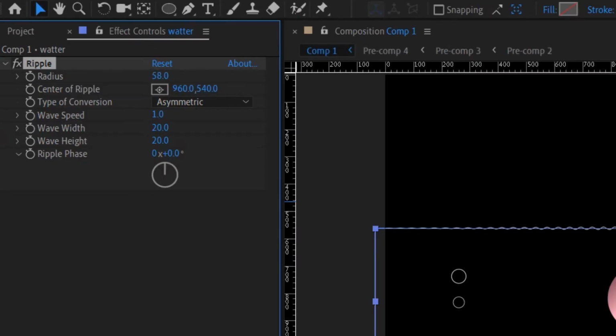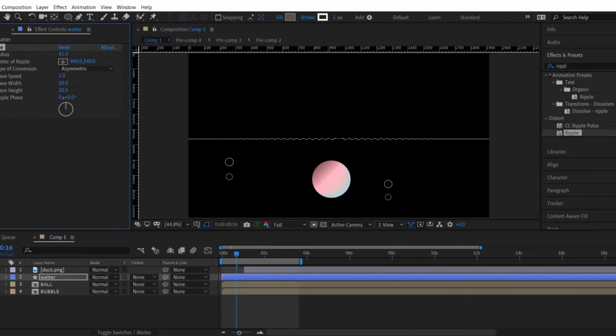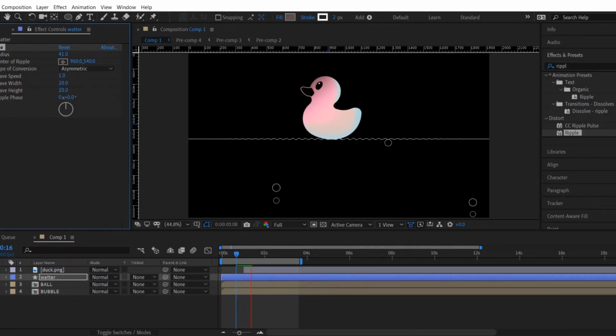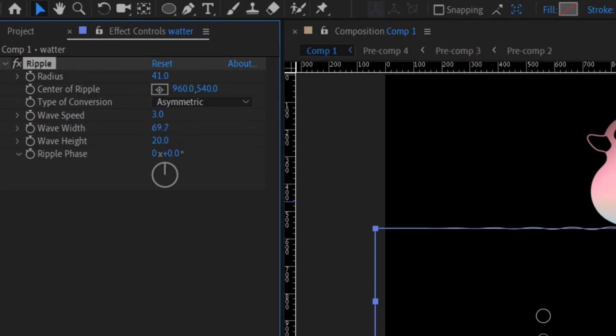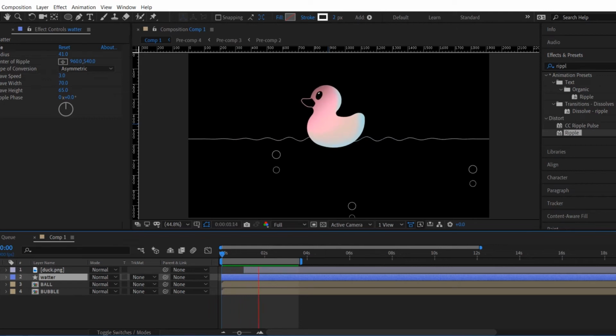So pump up the radius, and this is a bit too slow, so I'm gonna go with a speed about 3. I'm gonna drag the width all the way to 70, and maybe the height, yeah, go a little higher, 65. Now if we play that back, we're gonna see that we got a wiggle on our water, but still